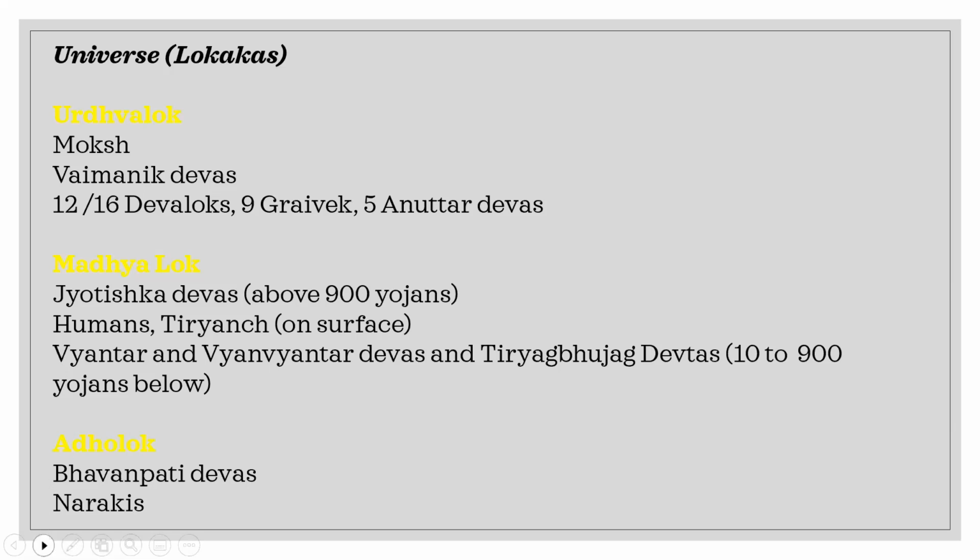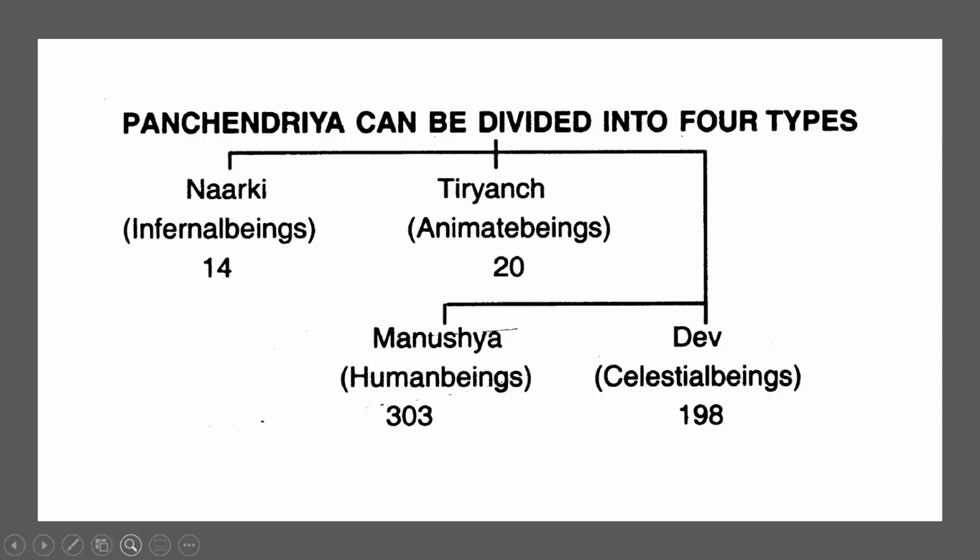And so this is a very important part of Jeev Vichar. I think you should all memorize this. You know, there are 535 classifications of Panchindriya Jeevs. And in the first few classes we saw there are 198 types of Devtas. In the last class, we also saw there are 14 types of Jeevs of Narki. So we'll just briefly revise what we discussed in our last class, and then we'll talk further about the Jeevs of Narkis.